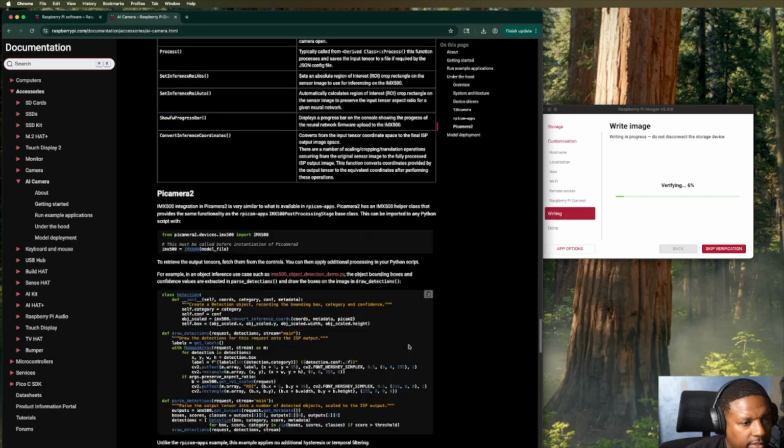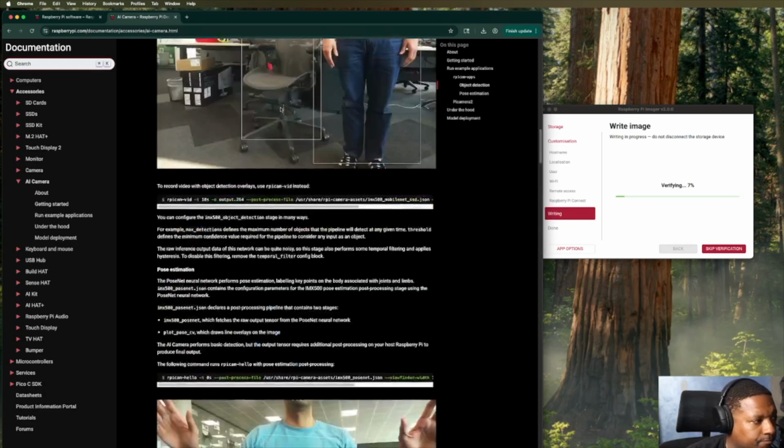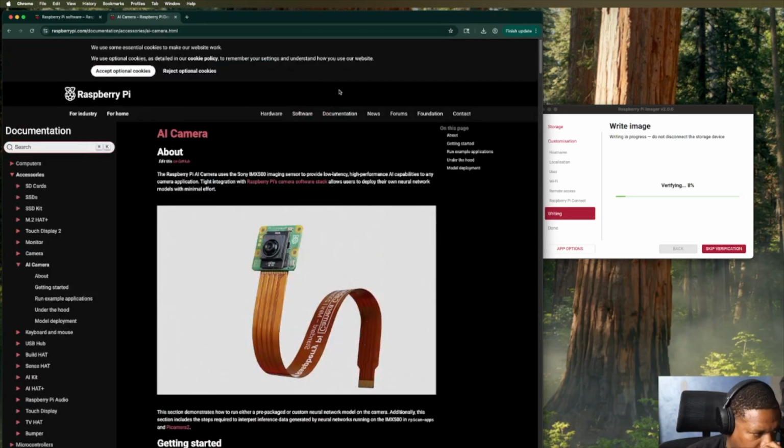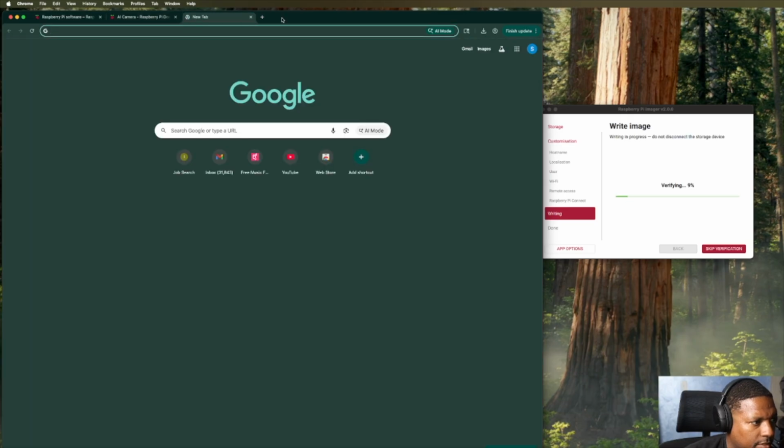Now the right image is just verifying. Oh, and if you